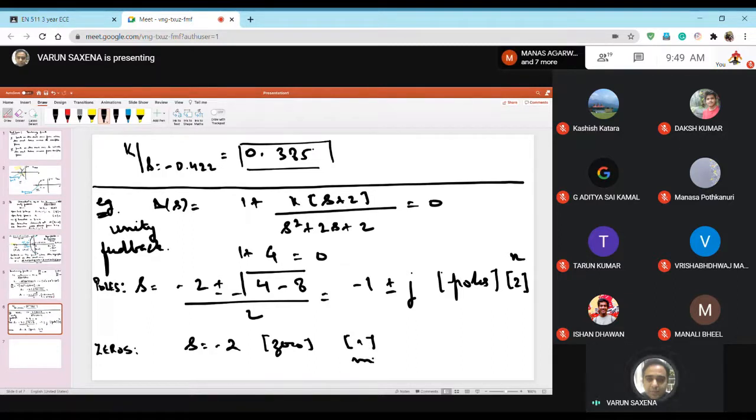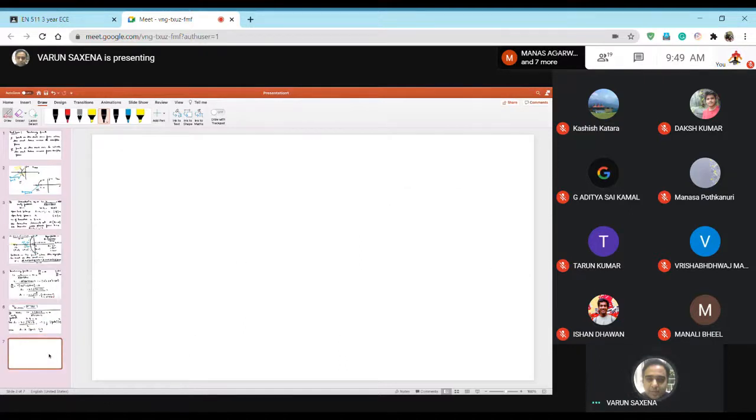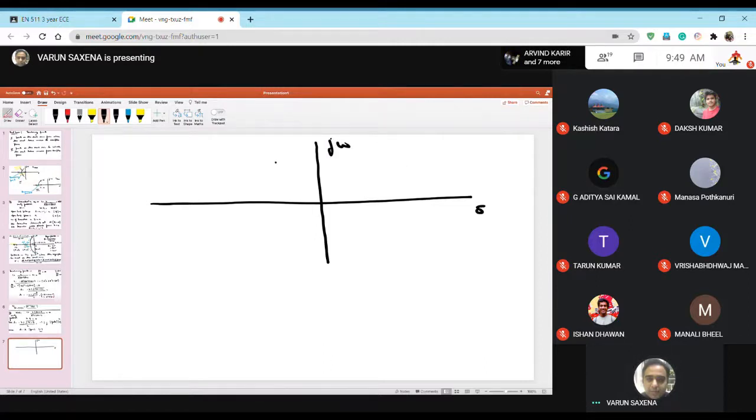Right? So if you make a diagram of the s plane, you have one pole here and you have one pole here, and then you have a zero here at -2. So this is your -1, maybe not equal in proportion. It seems that -2 is further away, but let's say that this is -1. Okay. So this is the scenario.